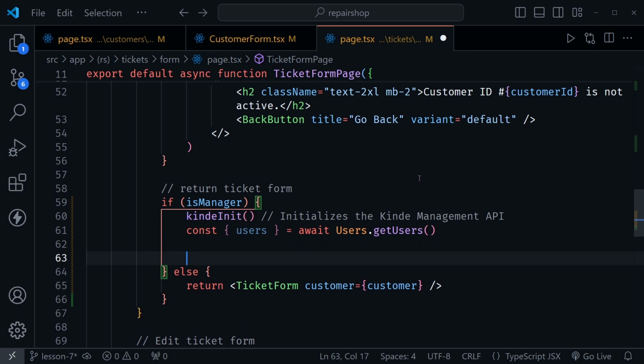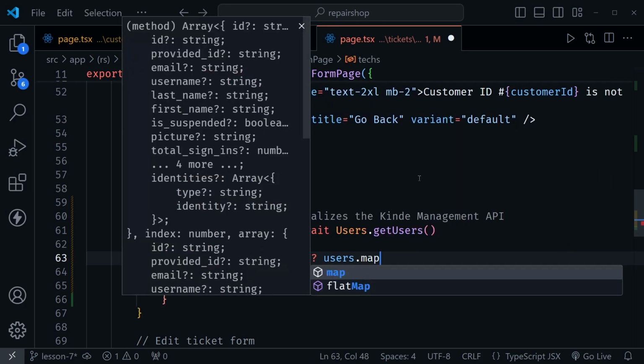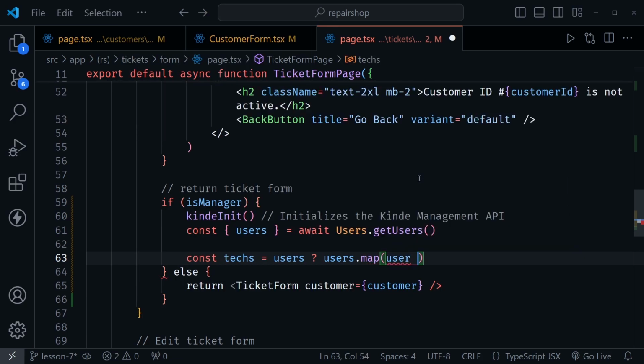So now let's define these techs because we need to use them in a select dropdown. So they need to be objects that have IDs as well as descriptions. So here, let's say const techs equals users, and this will be a ternary. So if we have users, we're going to map over the users. So users.map, and for each user inside here, go ahead and create an object, and we'll have an ID that will be